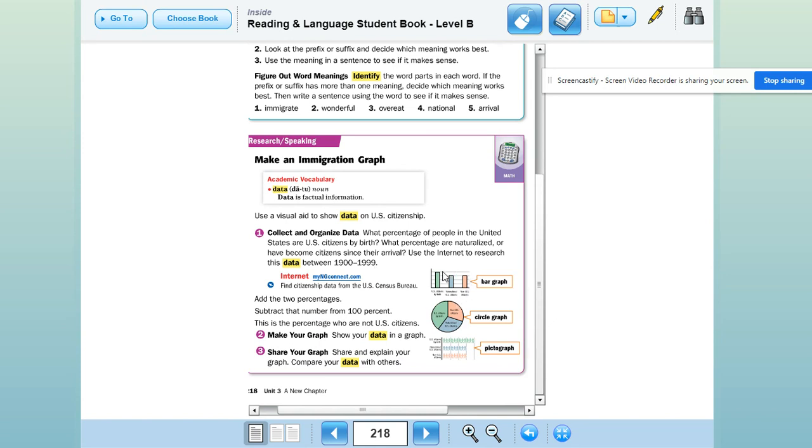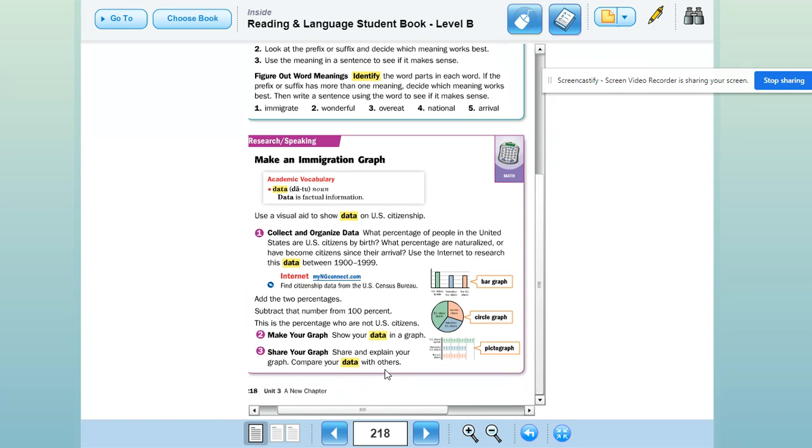So if you look at the bar graph, all of this gives us information. It gives us numbers. It gives us percentages. This is called data. Okay, this is what we call data, information. Add the two percentages. Subtract the number from 100%. This is the percentage who are not U.S. citizens. Make your graph, show your data in a graph. Share your graph. Share and explain your graph. Compare your data with others. So you could do this and send it to me just to show me if you know exactly the meaning